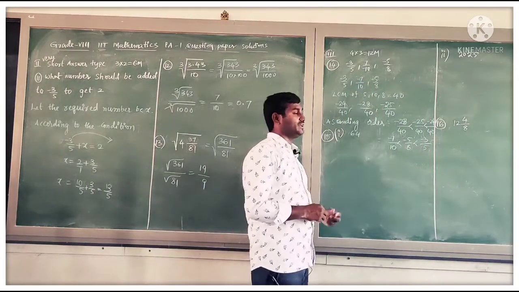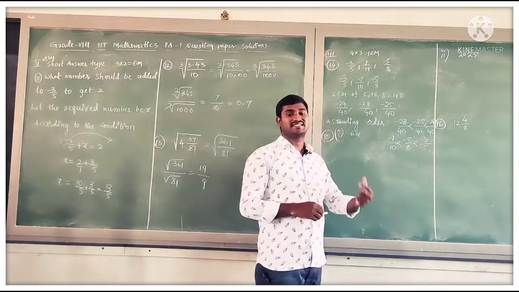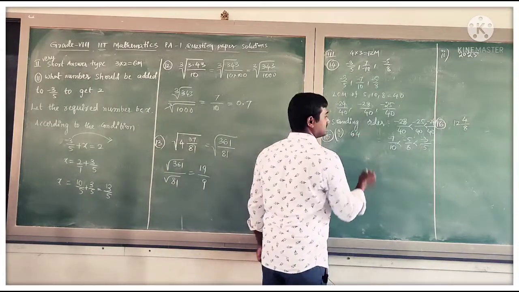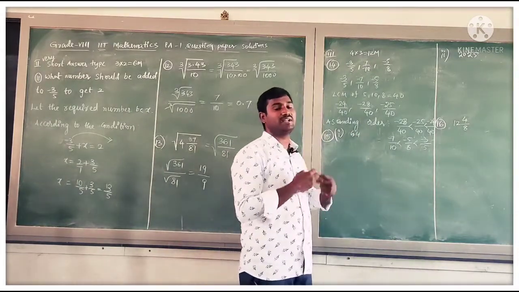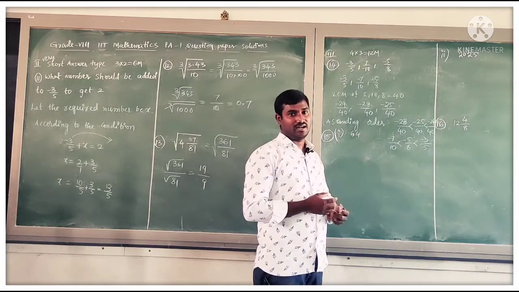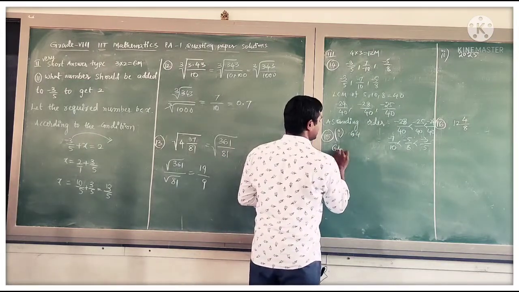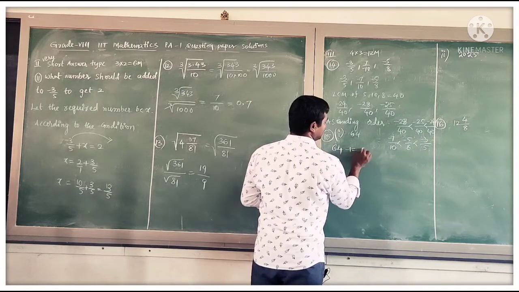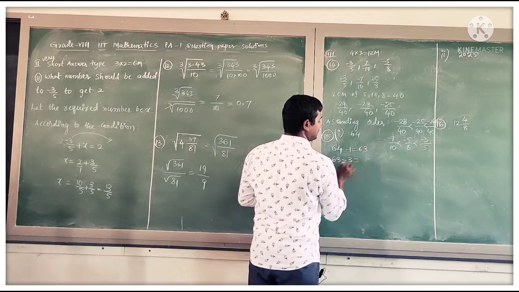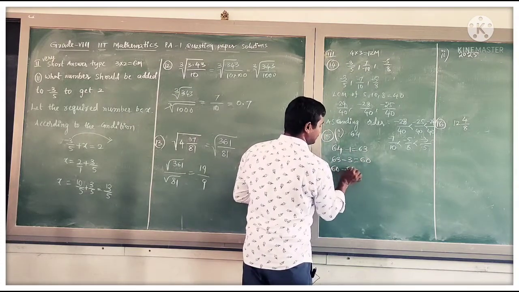Now we are going to find the square root of 64 using successive subtractions. This means we subtract successive odd numbers, starting from the first odd number. Let us see how. For 64, the first odd number is 1. So 64 minus 1 is 63. Next, the next odd number is 3. 63 minus 3 is 60. After 3, what is the next odd number?